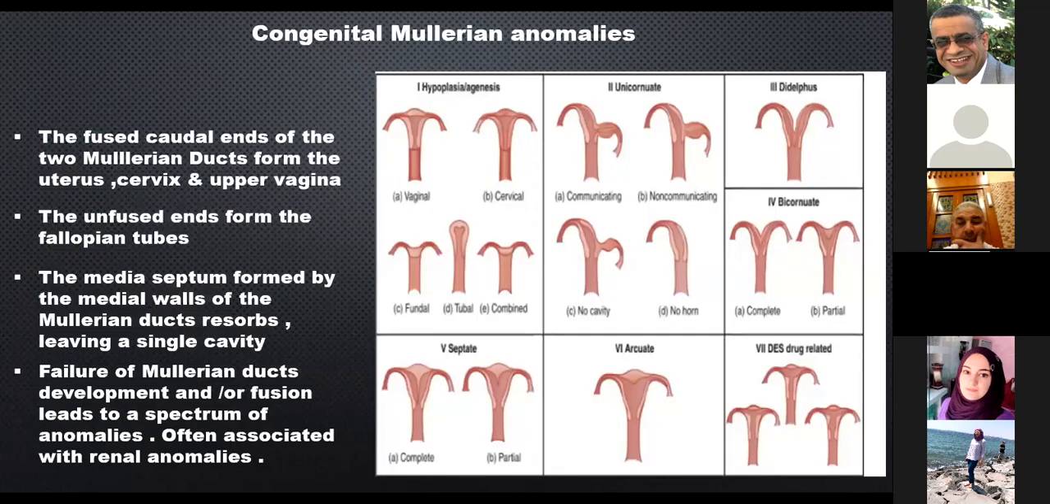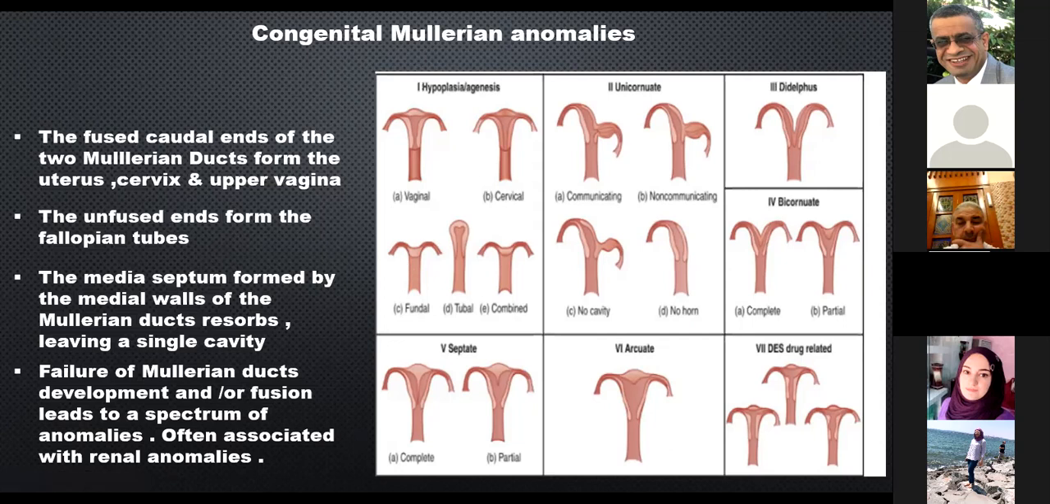Now we have the congenital Mullerian anomalies. The fused caudal end of the two Mullerian ducts forms the uterus, cervix, and upper vagina. The unfused end forms the fallopian tubes. The medial septum formed by the medial wall of the Mullerian ducts resorbs, leaving a single cavity. Failure of this process, which means failure of Mullerian duct development and/or fusion, leads to a spectrum of anomalies